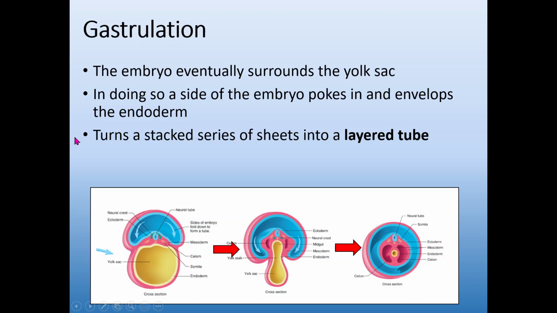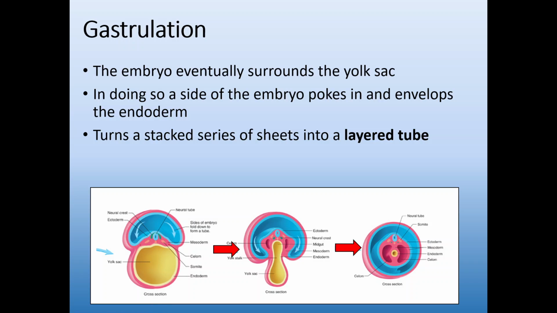Okay. So a couple more pictures just showing you a very similar thing. This whole process of creating the tube that will become the organism is called gastrulation, so the folding of these germ layers. The yolk sac, like I said, is what's going to be doing the actual folding, so it pushes up into those germ layers and forces the ectoderm and the mesoderm to fold around it.